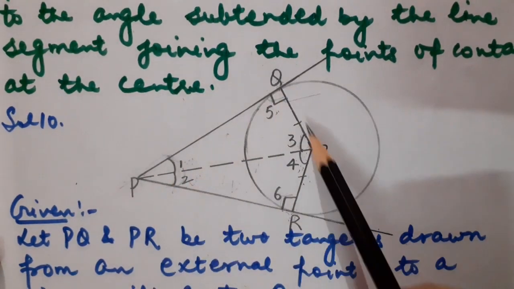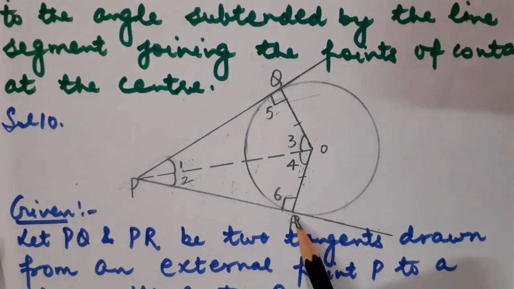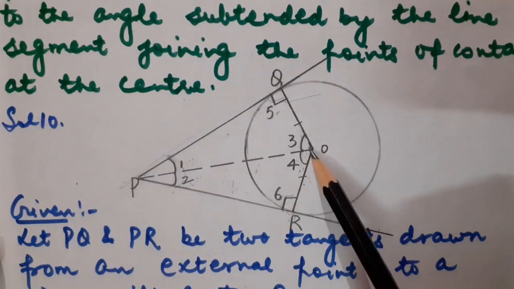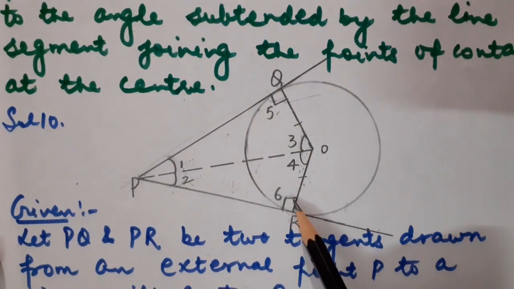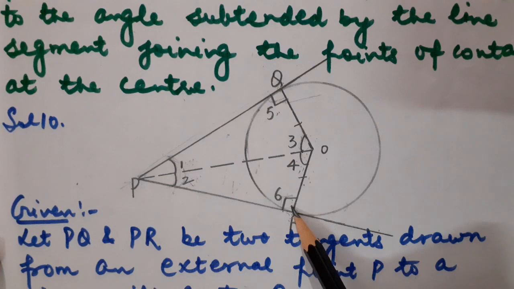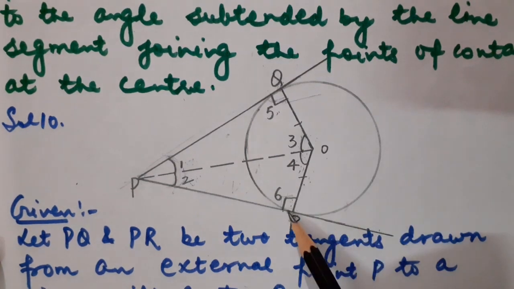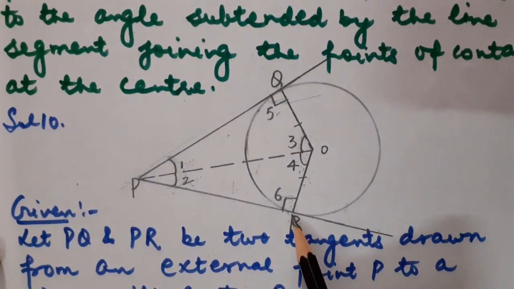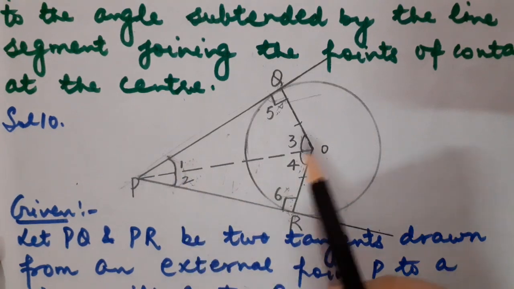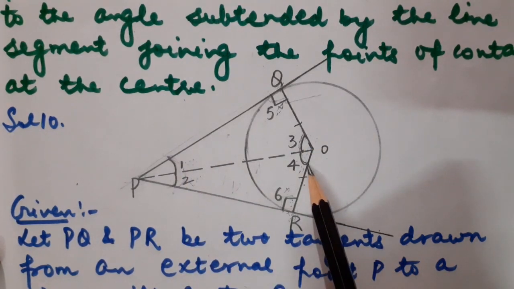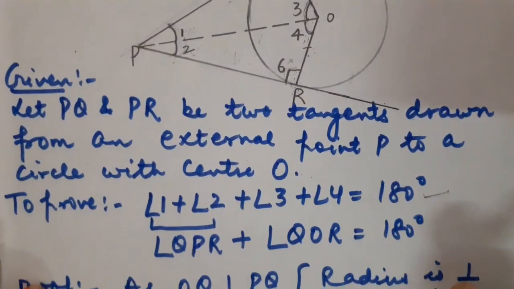Correct? So PQOR is forming a quadrilateral. Quadrilateral is a polygon having 4 line segments. Look, this is PQ, QO, OR and RP. Fine, children. When two angles of a quadrilateral are of 90-90 each, means their sum has become 180. And according to angle sum property of a quadrilateral, the sum of all the 4 angles of a quadrilateral must be 360. So when 180 is going to be subtracted from 360, it means the rest 2 angles will also be supplementary. Understood, children? So now let us have a look on the proof.